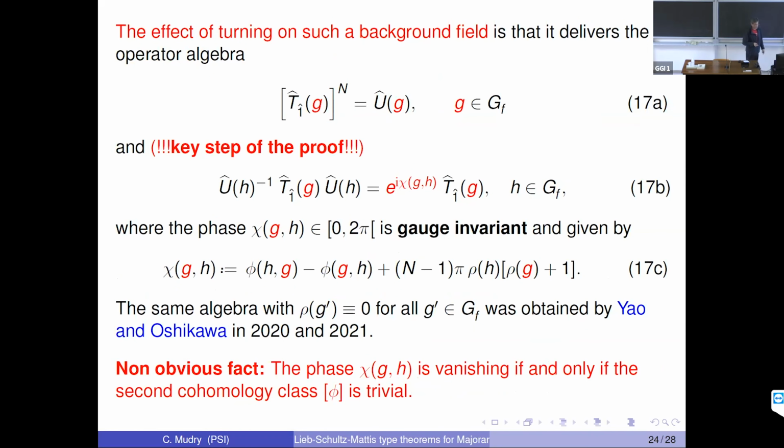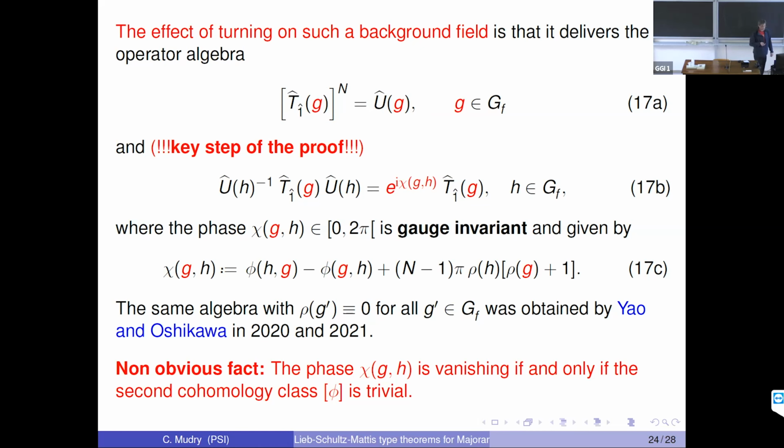So now we repeat what we had done before. We take T1 to the n, and when there is no G here, or when G is the neutral element, it's simply the identity operator, but now it is not anymore the identity operator when G is not the neutral element. So that's the difference. And then the crucial thing is that now if I conjugate T1 G with U of